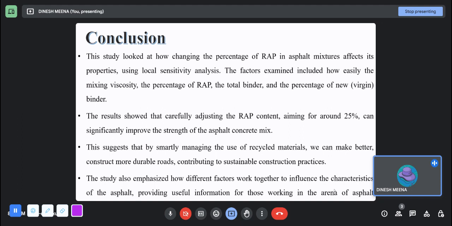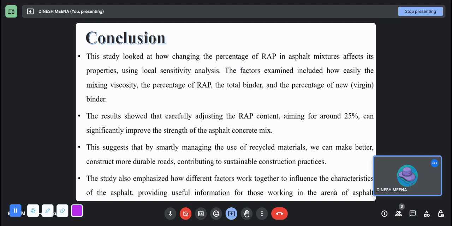The results showed that carefully adjusting the RAP content, aiming for around 25%, can significantly improve the strength of asphalt concrete mix. This suggests that by smartly managing the use of recycled material, we can construct more durable roads,